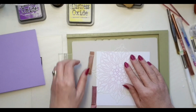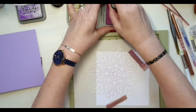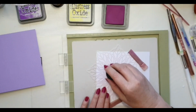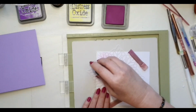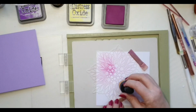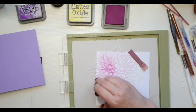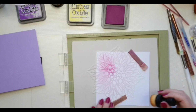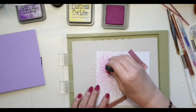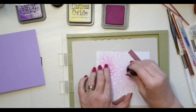I'm going up the top with this one, aren't I? So I'm using Seedless Preserves on here, and again, I'm not putting an awful lot of pressure on here. You can see how bright this is, but I'm literally not putting any pressure on this brush at all. So the brush really is doing all the work, and I'm hardly touching it. I'm perhaps going a little bit heavy-handed there, but